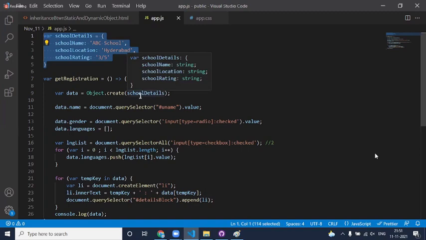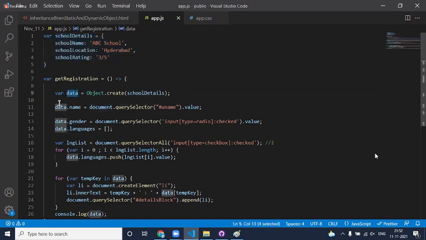Object.create is a predefined method in JavaScript using which you can create a new object. While creating it, you give the parent object from which this new object has to be derived. So it creates a new object by taking the reference of an existing object, implementing inheritance.